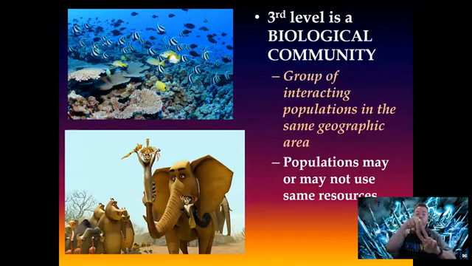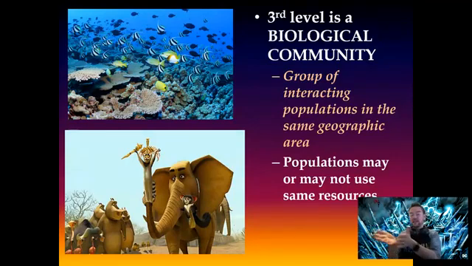So if you look at all the populations of the oaks and then the maple trees and the cedar trees, and then you throw in all of the other types of plants like the grasses, the weeds, the bushes, the flowers, but then you throw in the populations of squirrels and rabbits and birds and insects. All of a sudden you have this really, really large collection of different populations of organisms, and we call that a community. Now, those populations may or may not compete for the same resources.